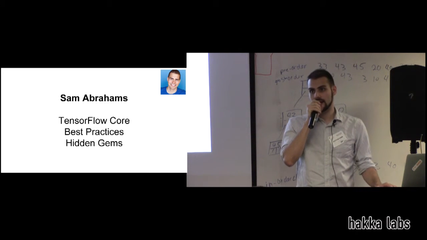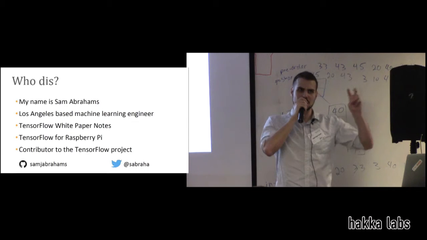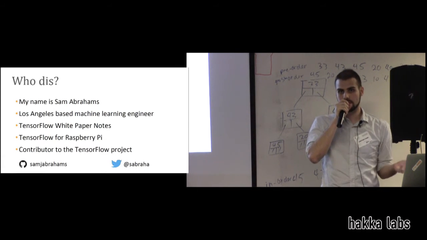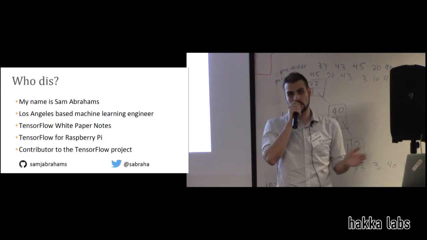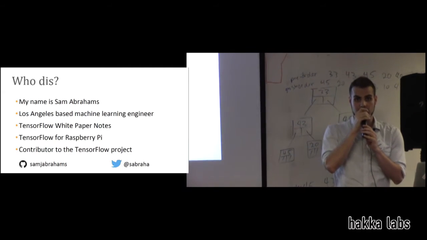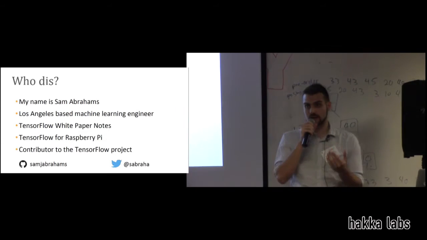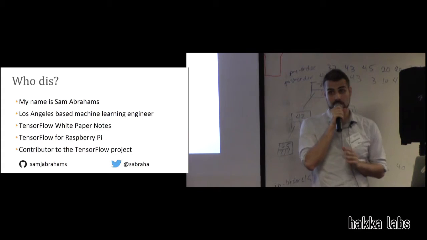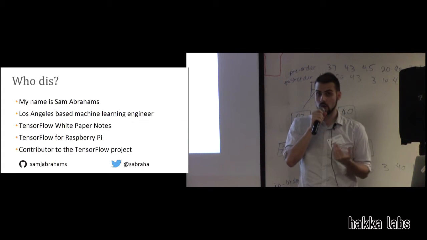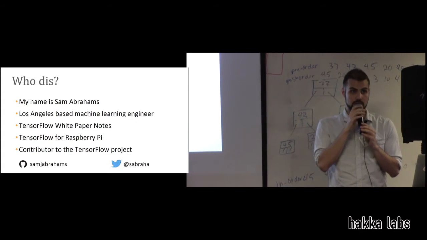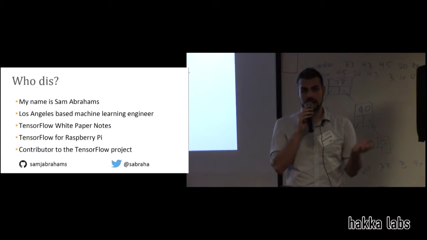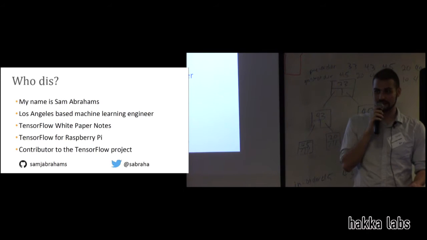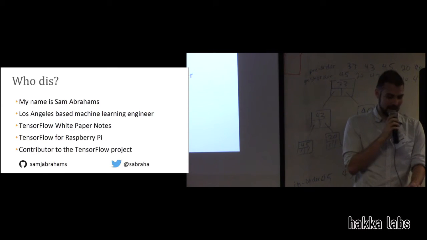One of the things that I am known for, I don't like saying that, but one of the projects that I'm a part of is the TensorFlow white paper notes. Essentially, it's just this annotated guide to the white paper written for TensorFlow and released back in November. If you guys haven't read it and are interested in how TensorFlow is set up, what its infrastructure looks like, I highly recommend it. It's a very enjoyable, easy to read, but interesting white paper.